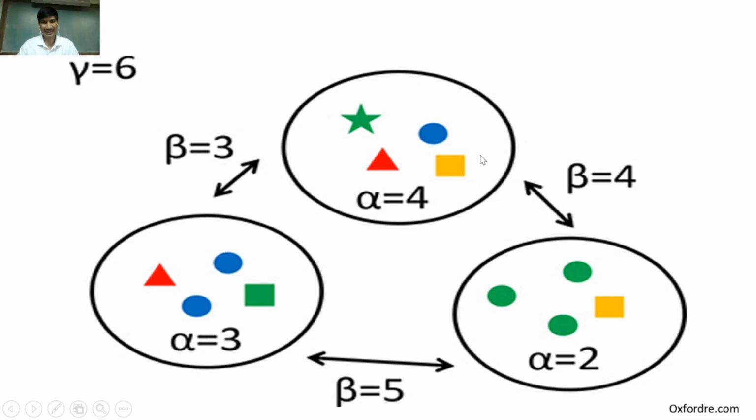Then in the second study area, we observe four different types of animal. Different shapes are considered as different animals. The alpha value of the second study area is 4. And for the third site, there are two types of animal, two types of illustration observed in the third site, and this is known as an alpha value of 2.